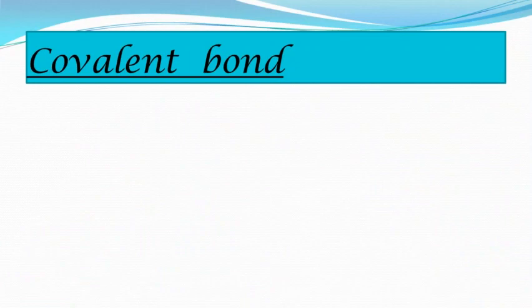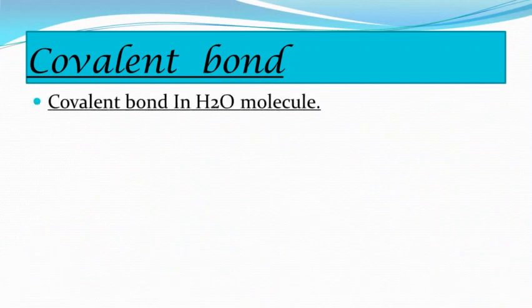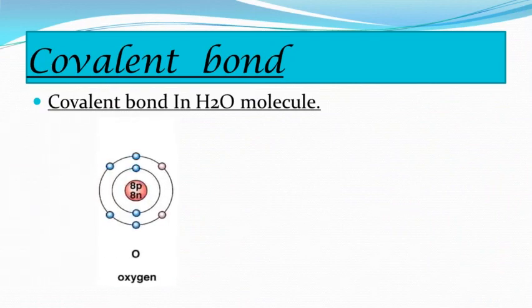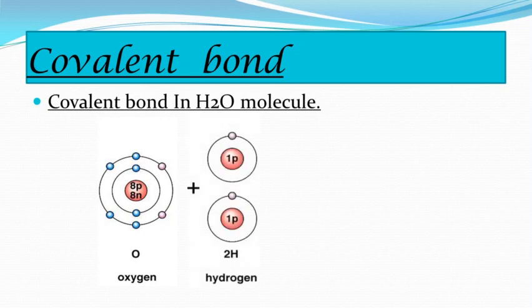Now let's consider the second example. It is the covalent bond formed in the water molecule, that is H2O. The water molecule, a covalent compound, is formed from hydrogen and oxygen atoms, and there are 6 electrons in the valence shell of the oxygen atom. You can see there are a total of 6 electrons in the second shell of the oxygen atom. It means that the electron octet in oxygen is short of 2 electrons, and the valency of oxygen is 2.